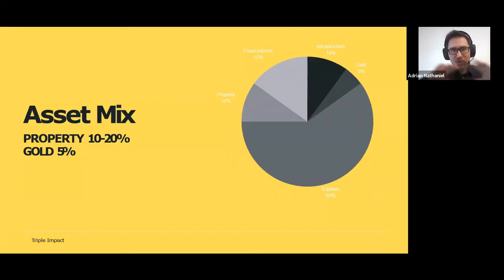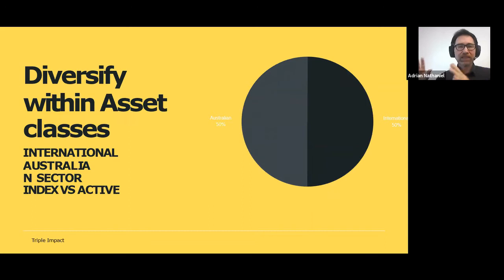So regarding a good balanced asset mix, this is where we start to look at what percentage of the assets makes up a balanced portfolio. Because of the inverse relationship that gold has, typically we recommend only around 5% of your portfolio to be in gold. Property can take up 10 to 20%, and then the other asset classes like shares make up the balance of the portfolio.